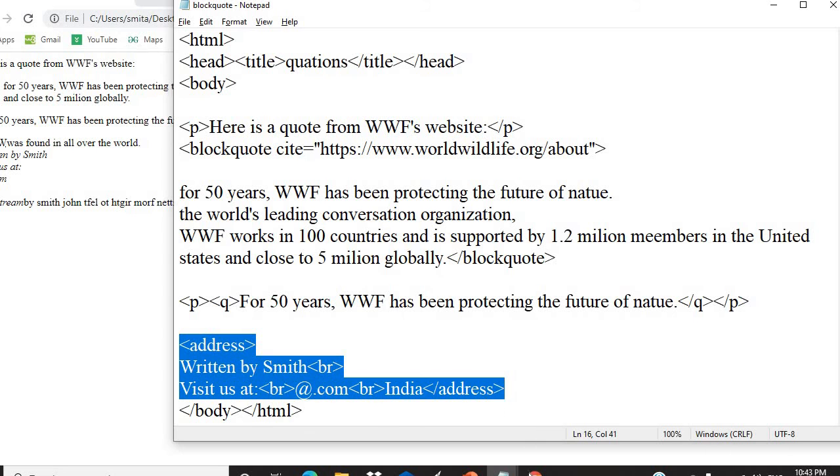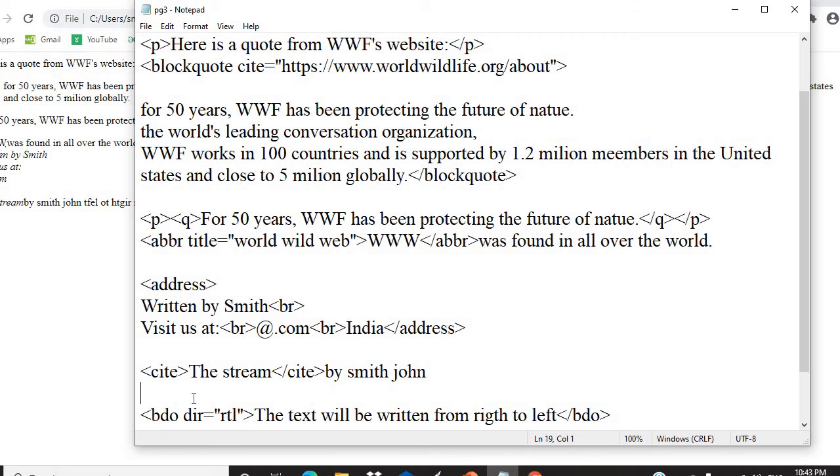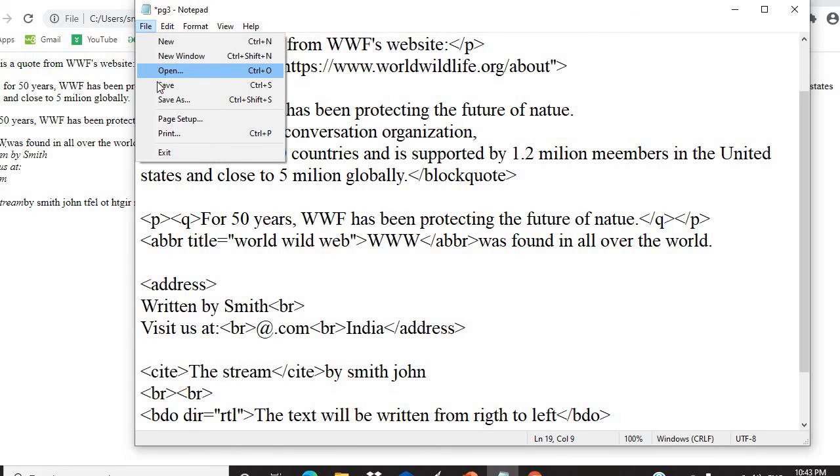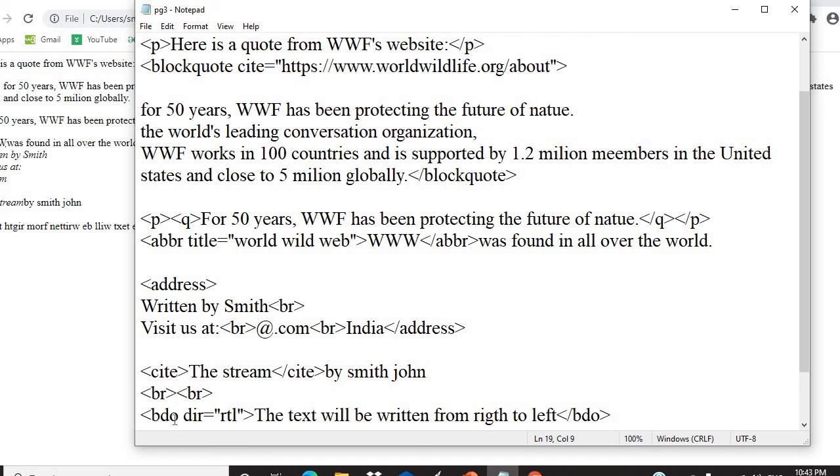So we will use over here the BR tag. BR is nothing but a line break. So how many line breaks you want? Go on putting this BR tag. BR is an unpaired tag, so no need to close it. You can see, each and everything is coming in the bidirectional. That is overriding my text, so it will override my current text direction. So if you want to print in this way, you can use this bidirectional override.